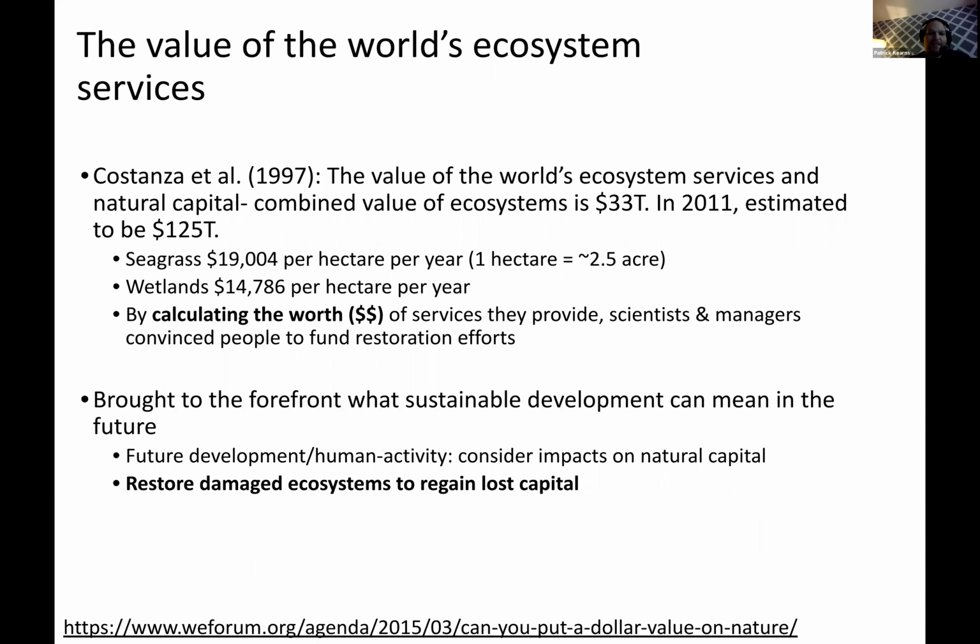So in 1997, some people, and if you want to take a read about how this is calculated, take a peek down here at this. Some people, Costanza et al. in 1997, did put a value on the world's ecosystems. So they took all these ecosystem services, calculated dollar values, and came to the conclusion that in 1997 the world's ecosystems were valued at $33 trillion, which is a lot of money. Trillion is a lot. Trillion's big. You guys know money better than I do.